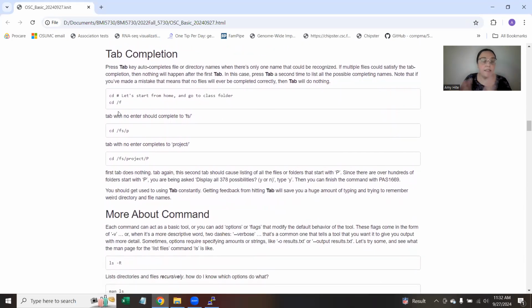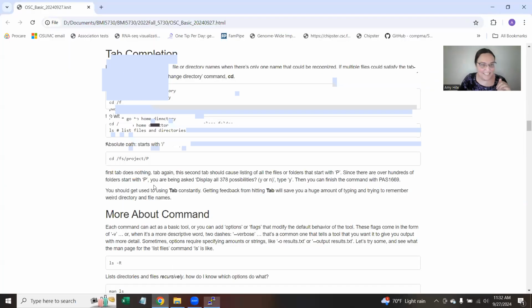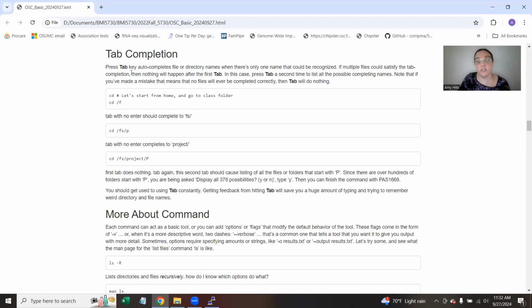Okay, so the third important thing we need to talk about is tab completion. I know we're working in a command line format, so we have to type everything. And that gets really annoying, having to remember how this is spelled, what all of the things I have to type are. So